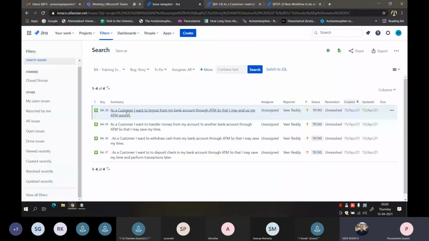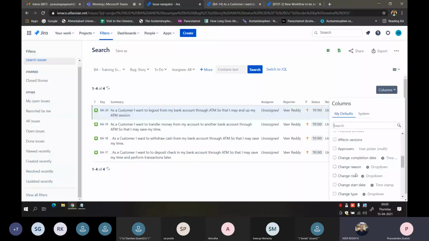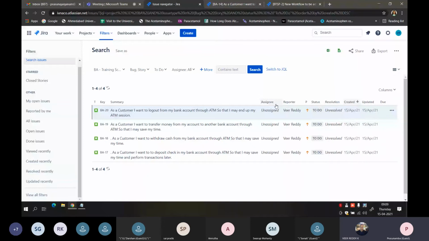And here, if you see the columns, these are all the default columns that are present. Along with these default ones, like the assignee, reporter, the priority of the bug, the resolution and all, you have additional ones as well.